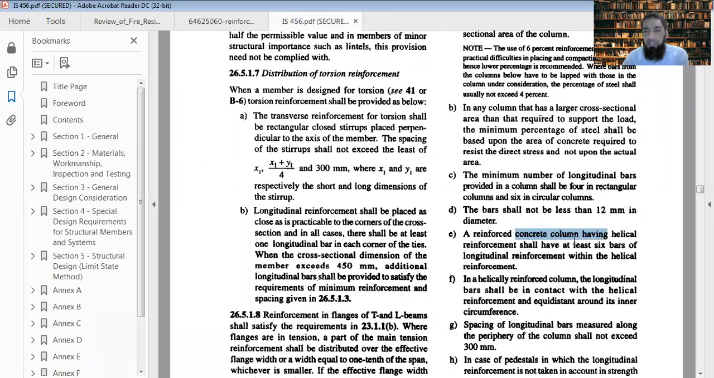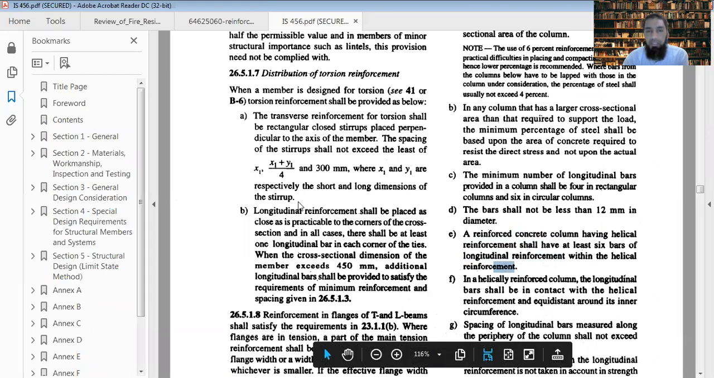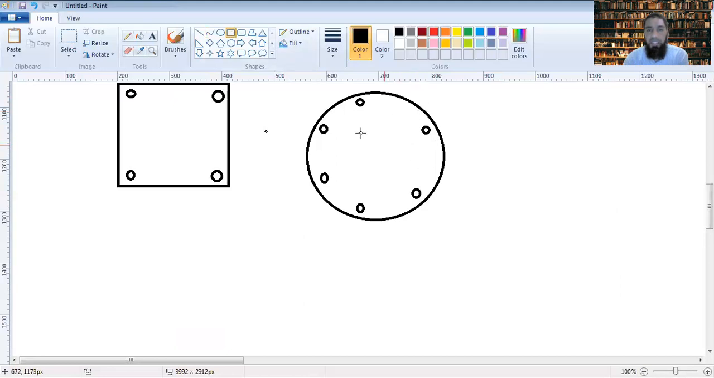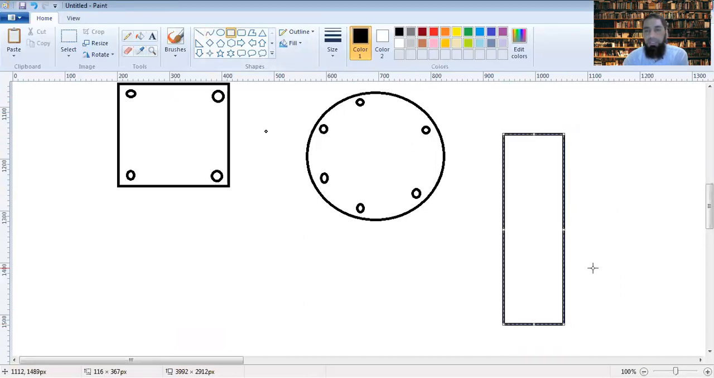A reinforced concrete column having helical reinforcement shall have at least 6 bars of longitudinal reinforcement within the helical reinforcement. Now, when you have a helical reinforcement, which is usually the case in circular columns itself, then there should be at least 6 bars. This will be the helical reinforcement wrapping these. There is a helical reinforcement which is actually going like this, which I showed you the last time. It's going like this, then bending like